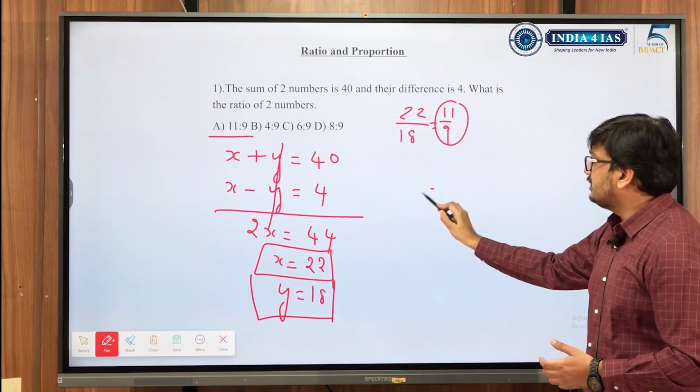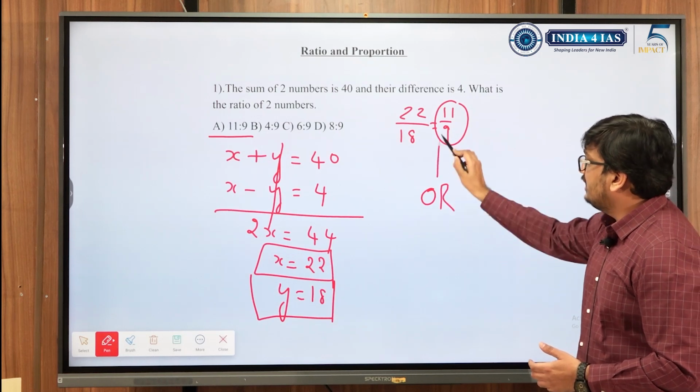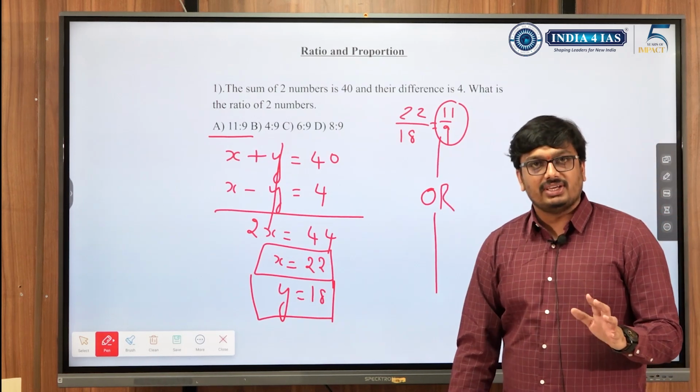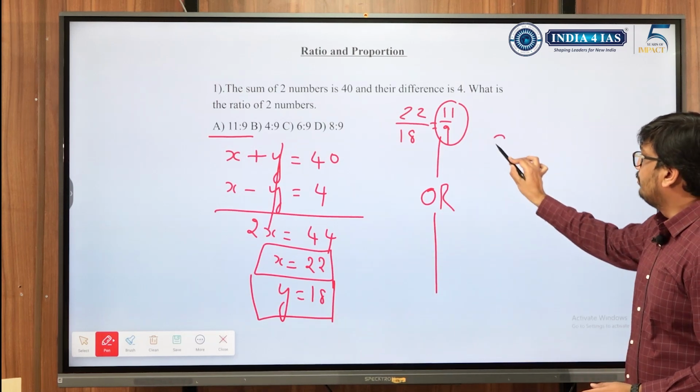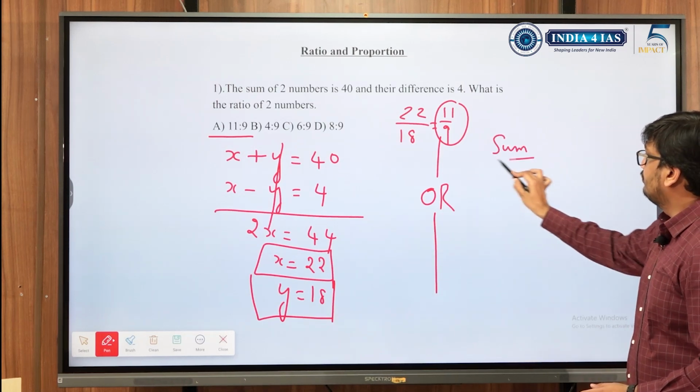So this can also be solved by another method. In UPSC there is actually no difficulty in simplification, we just should understand the concept. So, another method: the sum is 40,